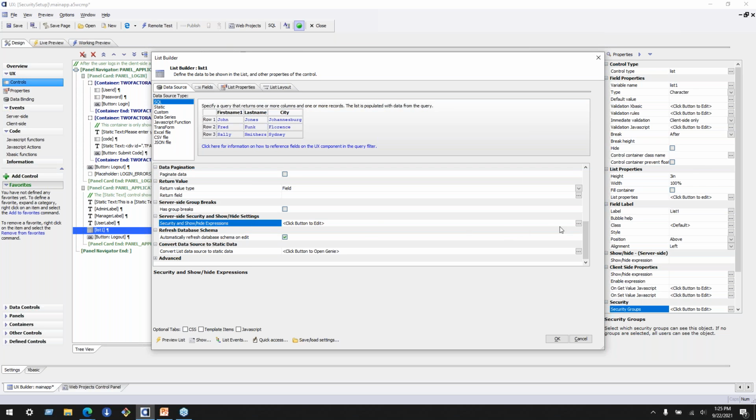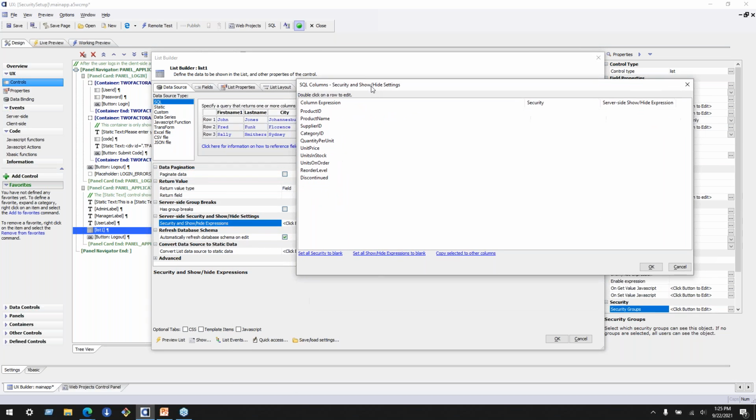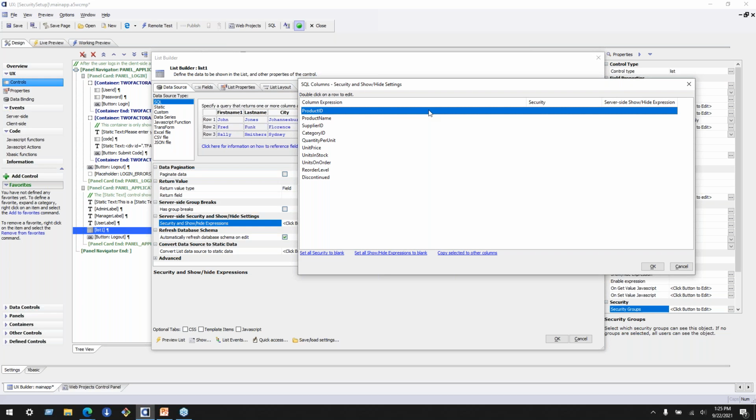And I believe it's this setting here. Let's take a quick peek. Here we go. So in the list, if you have a SQL-based query, there's a setting called security and show hide expressions, which lets you configure security access to those columns so that, let's say,